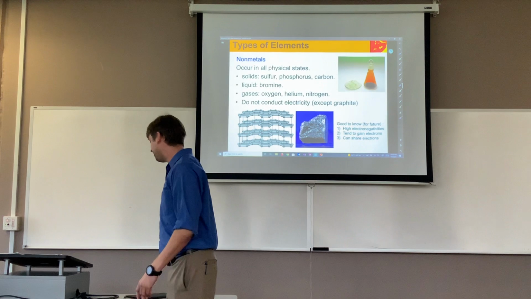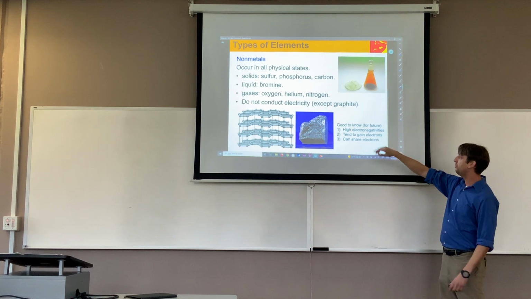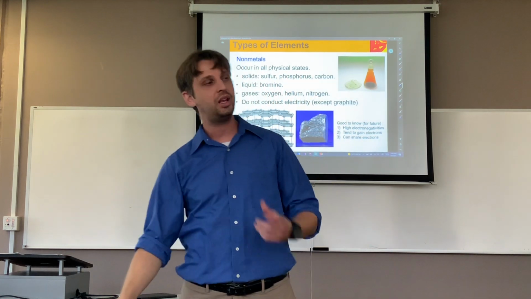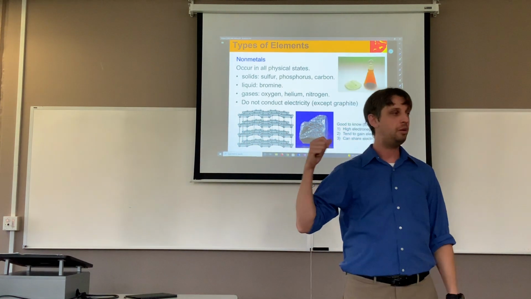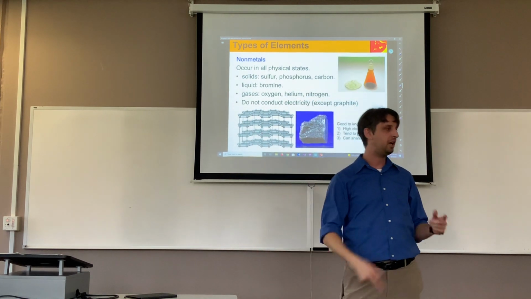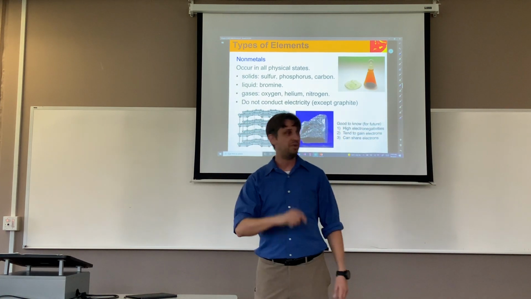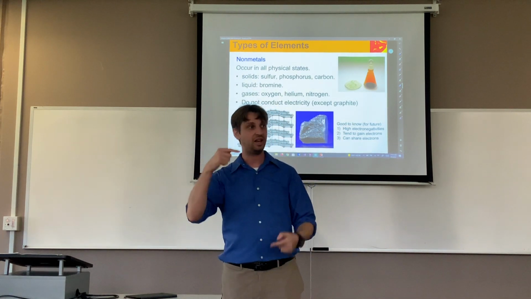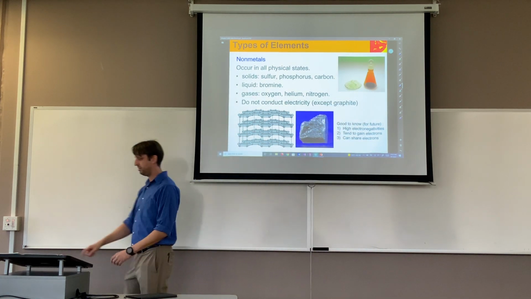Okay? I'll talk to you guys later about that, otherwise I'll just ramble on, as professors kind of do, right? What do we need to know? High electronegativities tend to gain electrons, but can also share electrons. So there's going to be a couple different properties that come out of this. What you will notice if you're paying close attention is that metals and nonmetals have opposite properties, right? One has low electronegativity, one has high. One tends to gain electrons, one tends to lose electrons. What does chemistry? Electrons do, right? So it's important to know what can gain and lose electrons because that can help us predict what reactions are going to happen, okay? But there we go, there's our nonmetals.